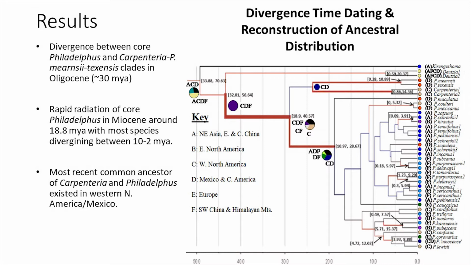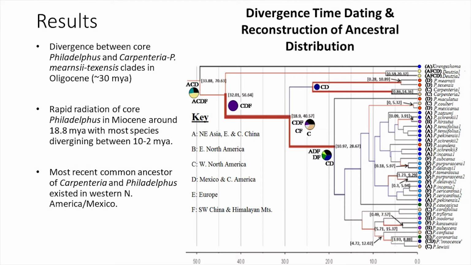So this is a different tree where it's actually dated to time. So we start with 0 millions of years ago, and the further back on the left you go, the greater amount of evolutionary time has expired. So this is 50 million years ago. So we're actually able to utilize what we understand about mutation rates in DNA and how many bases we expect to have changed over millions of years, in combination with fossil evidence that's out there.